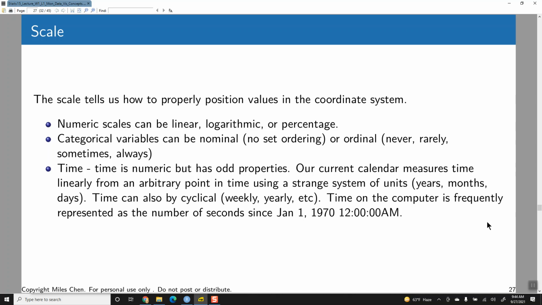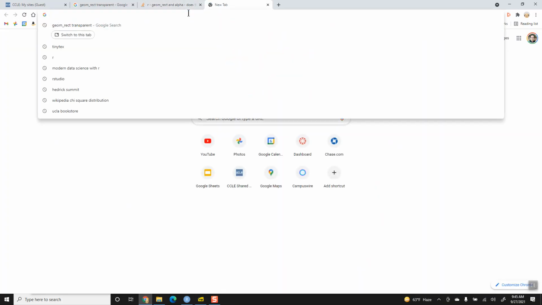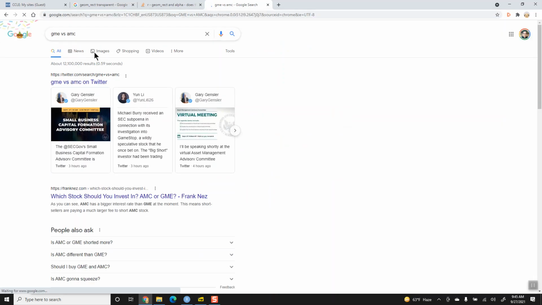Whereas in a logarithmic scale, the distance between 1 and 2 is much greater than the distance between 1,001 and 1,002, right? Because it basically shrinks as you get into these larger numbers, okay? Percentages, these are kind of used for like in the stocks. So if you say, okay, well, let's look at GME versus AMC or something like that, right? And you're looking at